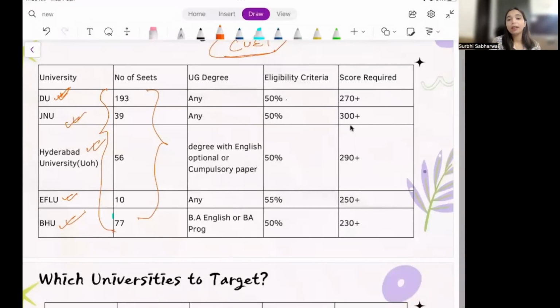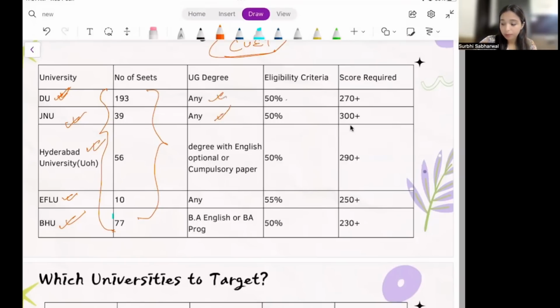Now, one benefit of the MA English examination is that there is not a mandatory eligibility criteria wherein you should have pursued your bachelor's in English only. So for Delhi University, for JNU, for EFLU, you could have your degree in any course. You could come from a BA program background. You could come from, say, BSc honors background, maths honors background, and you could still give the MA English entrance